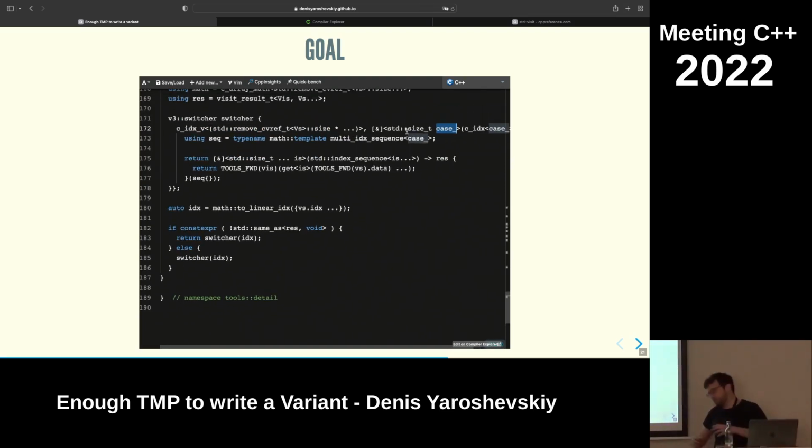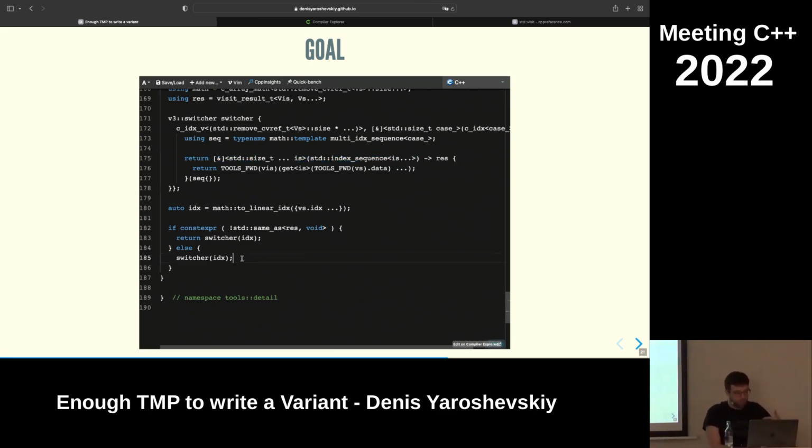Imagine we have 5 variants, but switch operates on one case, like it goes 0, 1, 2, 3, 4. So we need to convert that into 5 indexes. So the first element will be 0, 0, 0, 0, 0, then 0, 0, 0, 0, 1, etc. Right, so there is a class that does it for us. And then we call for the specific case, right?